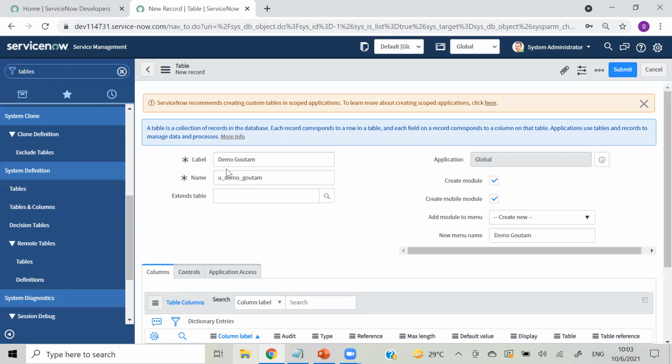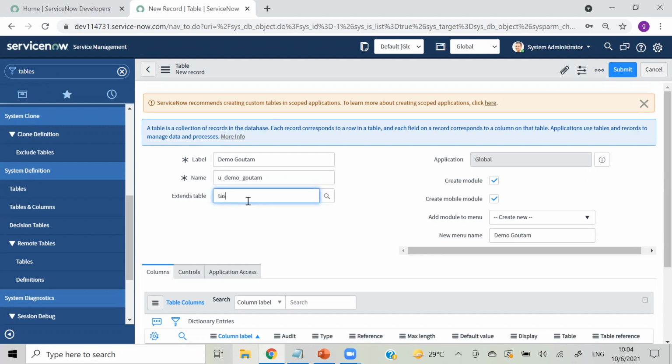When I give just the label, this name comes by default. Whenever you create any field or table, the name will start with u underscore. So all the custom fields you create on a form will have their backend name as u underscore that name.